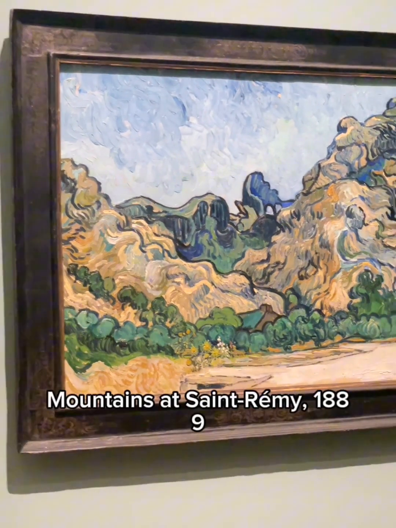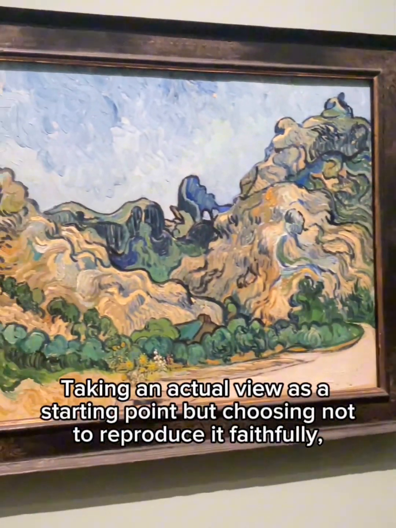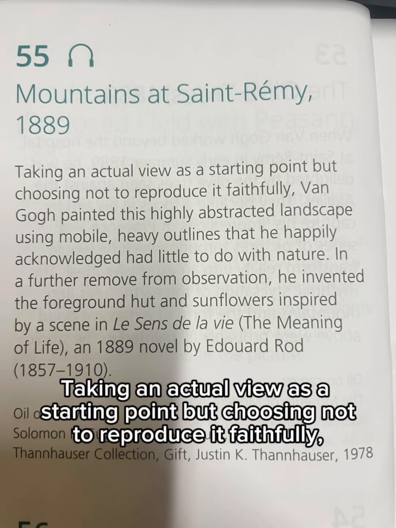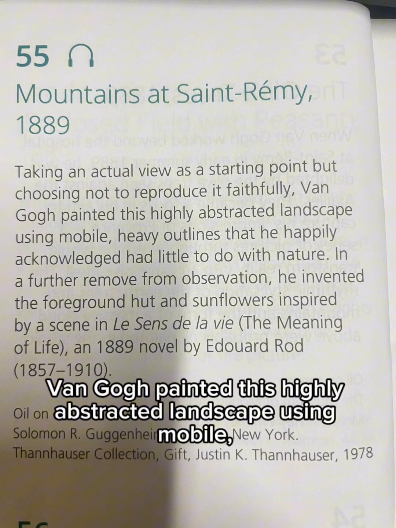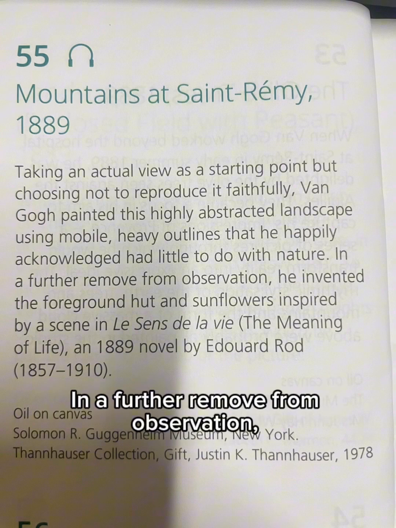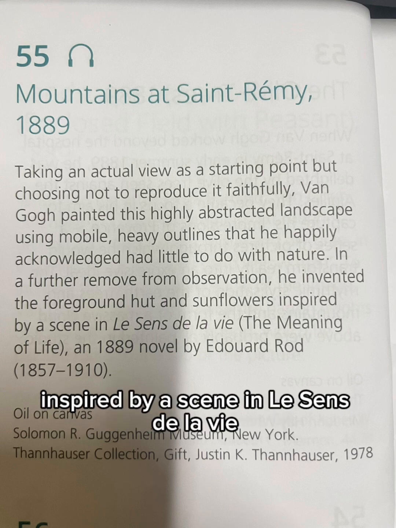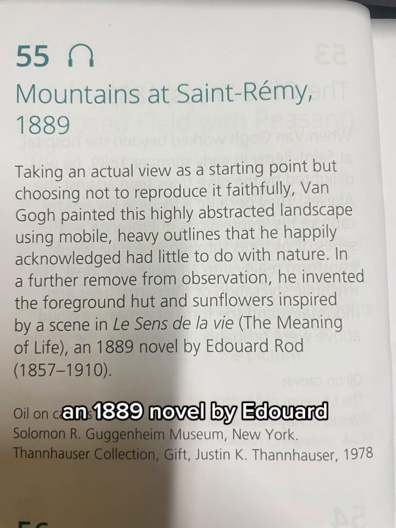55. Mountains at St. Remy, 1889. Taking an actual view as a starting point, but choosing not to reproduce it faithfully, Van Gogh painted this highly abstracted landscape using mobile, heavy outlines that he happily acknowledged had little to do with nature. In a further remove from observation, he invented the foreground hut and sunflowers, inspired by a scene in Le Sens de la Vie, The Meaning of Life, an 1889 novel by Edouard Rod,